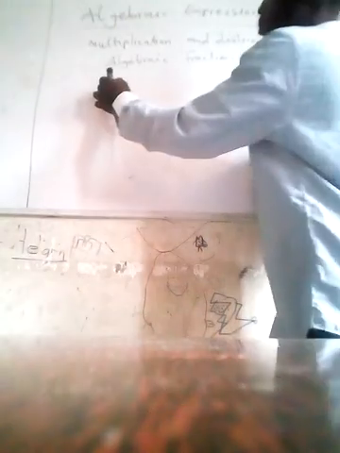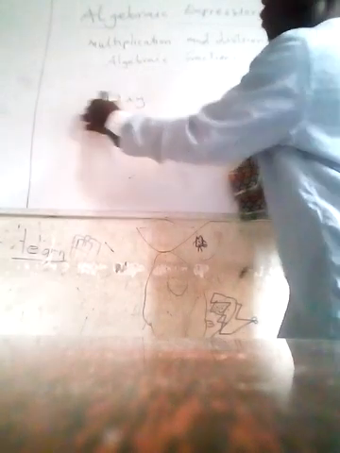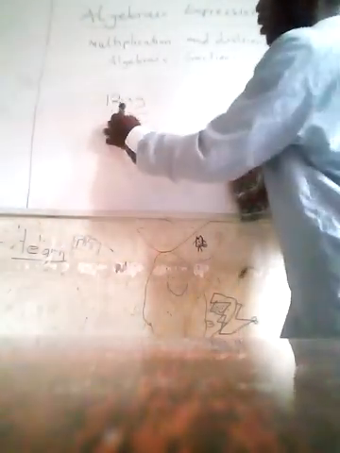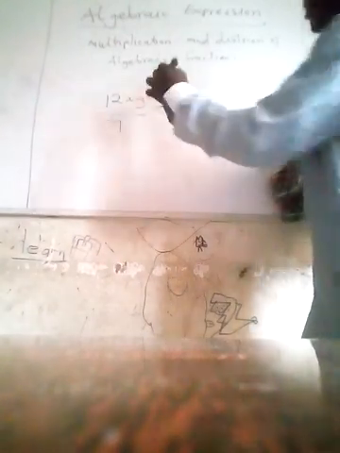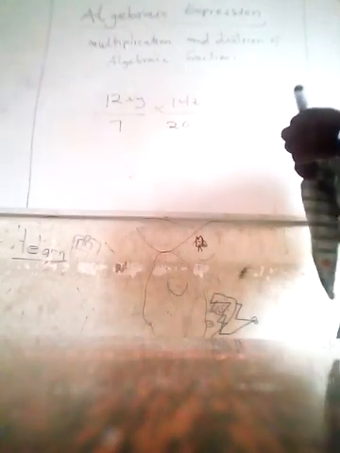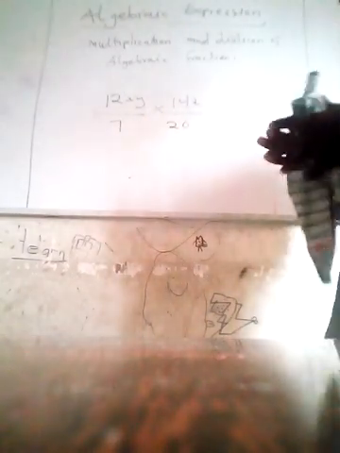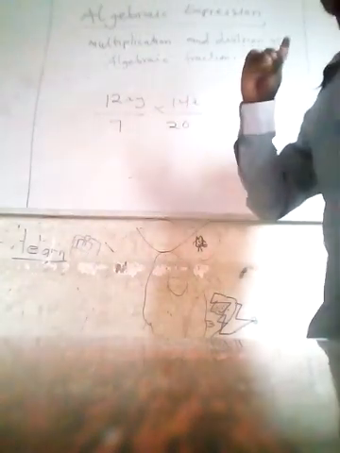So let's, for example, 12xy over 7 multiplied by 14x over 20. So we have fractions here. You can decide to multiply this by this by that, or you